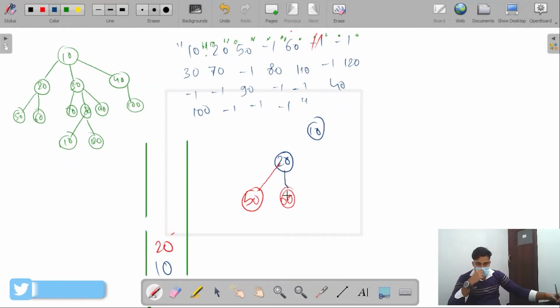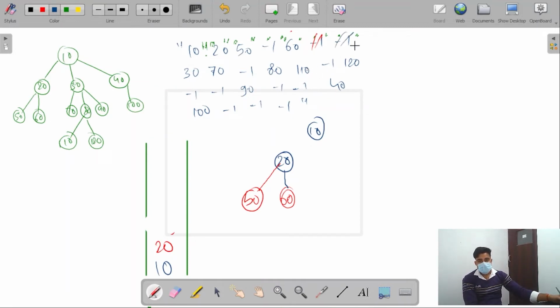I update its link because 60 is the child and 20 is its parent node. So I'm using the concept that in a pre-order traversal, we keep on adding the parents, and on the parents we keep on adding their children. So let's continue.